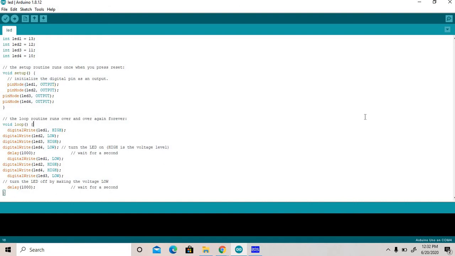After that, go to the loop, void loop. With the help of digitalWrite, we have to give 1 or 0 to any pin. Suppose you want LED 1 on, HIGH, then LED 2 LOW. High means 1, low means 0. High, then on, then off, then on, then off. After some delay, this is the delay function. This is also included in the library file, in the header file. After that, low, then high, then low, then high, then after set delay. Okay, then this is built.